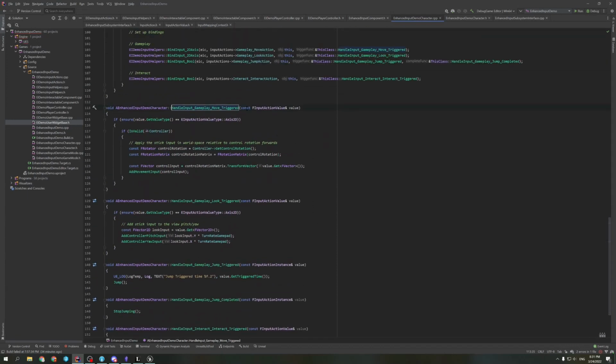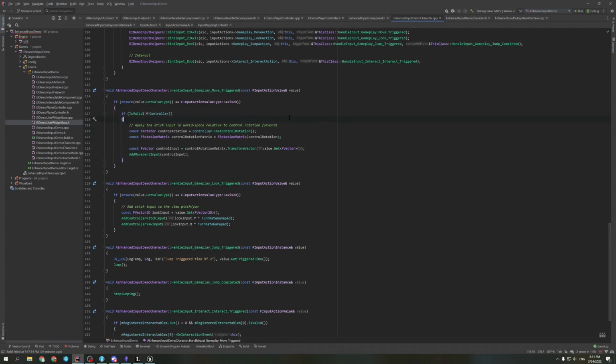There's a couple of different signatures for this function. I typically use the one that uses input action value, and it's as simple as, I do a sanity check. Hey, is this an axis 2D? And then for movement, it's like, okay, I get my control rotation, and I get the value as a vector from the input action value, which remember, because I've set up the action in the blueprint to be world space, I can just rotate that vector by the control rotation vector. And now in the world,